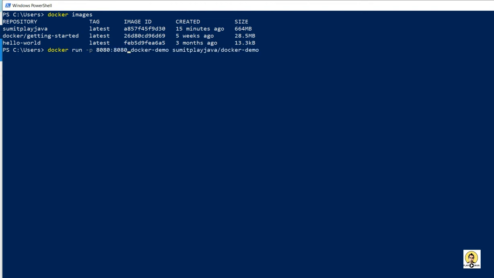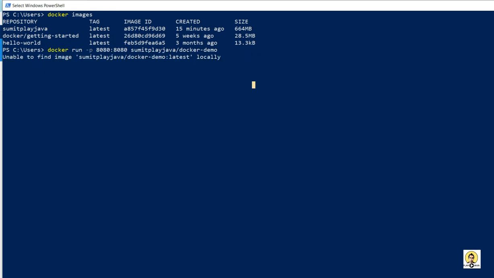So I will write hyphen p, and 88 is the port of the image which is available in Docker, and another 88 is where it should be running on our local system. So two ports are required, one port which is running the application there, and another port which will be running our application in my local system. And this is the path where we have created our image.